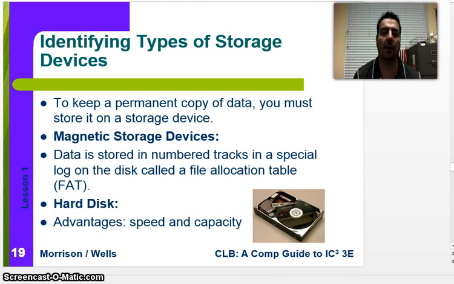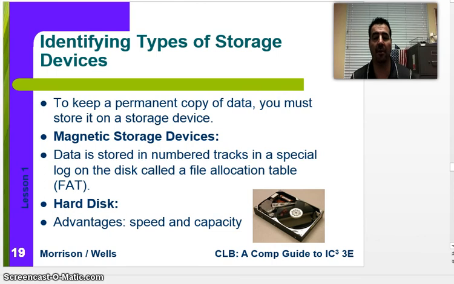I'm trying to remember exactly where I was, but let's just move right into storage devices. In order for you to permanently store something, you've got to put it on a storage device. The first thing we're going to talk about is a magnetic storage device, which means there is a magnetic sensor that picks up spots of data on the device. The main one you need to know, the hard drive, the hard disk of a computer, is a magnetic storage